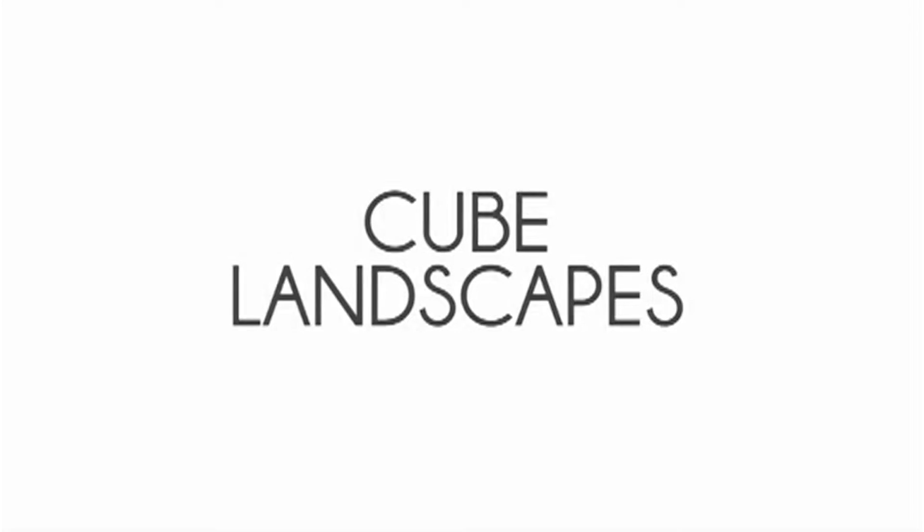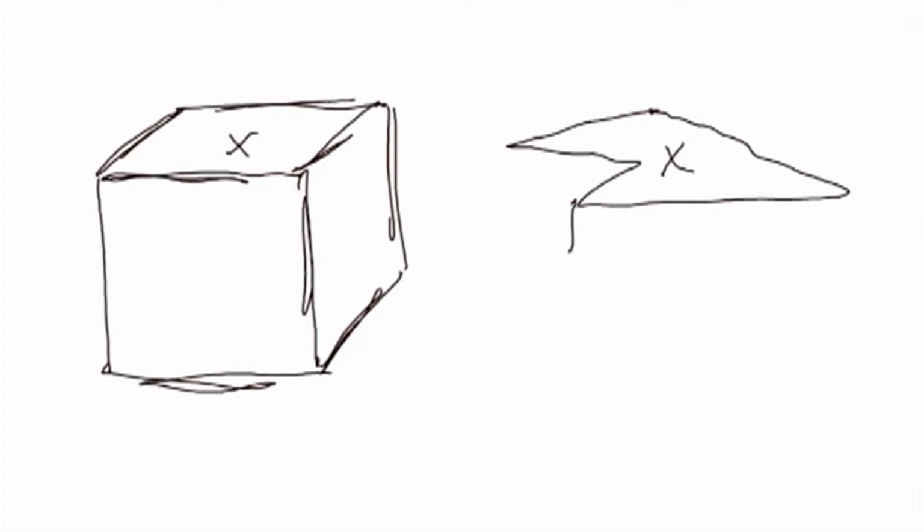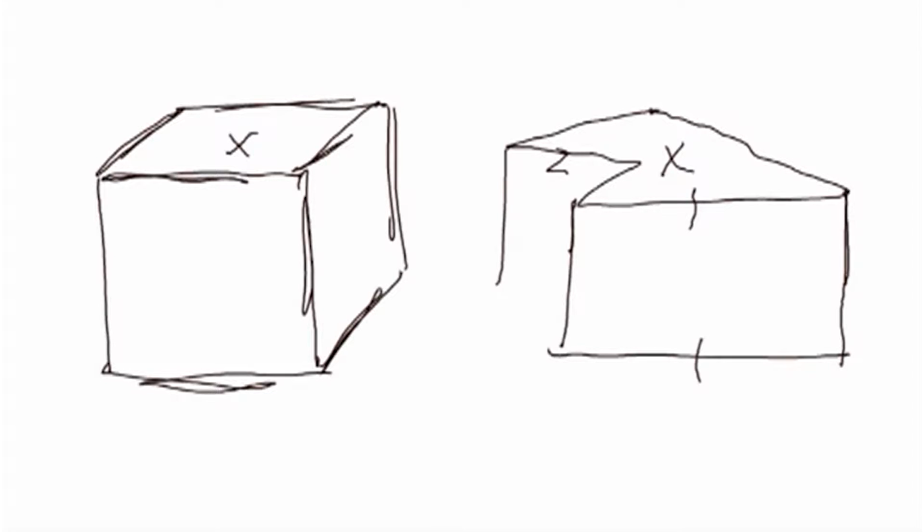The cubicle structure itself is a good way to think about doing landscapes. See where I've marked the X on the top? If you think of the pattern on the right side as being the top of a cube too, but it's just a more organic shape. So the shape on the right is like a plateau. The lines that come down make it into a positive plateau. But you can also reverse that and start with that same shape and turn it into a negative hole. You're starting with the same shape in both cases.